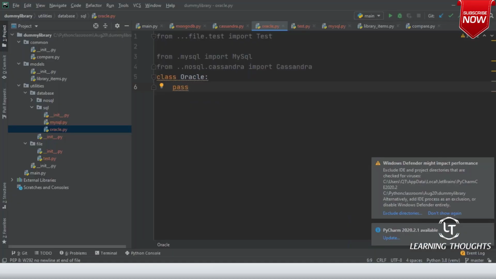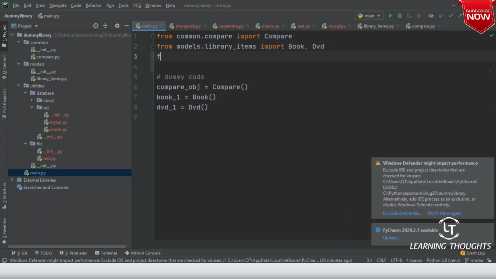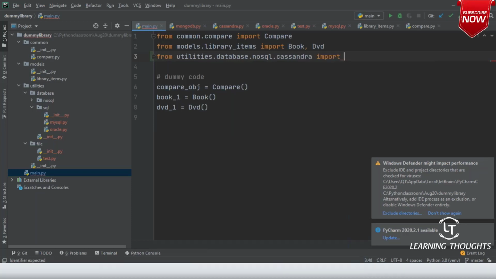So now I can go to main.py, and over here I can write from utilities.database.NoSQL.Cassandra import Cassandra. Am I clear on this? This is the other way. Here we are getting one level deeper. In the earlier case we were coming one level to the top, backwards. Here we are moving in the forward direction.